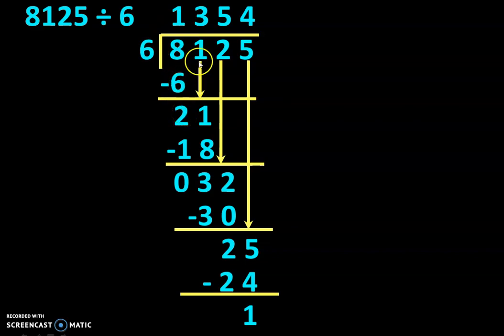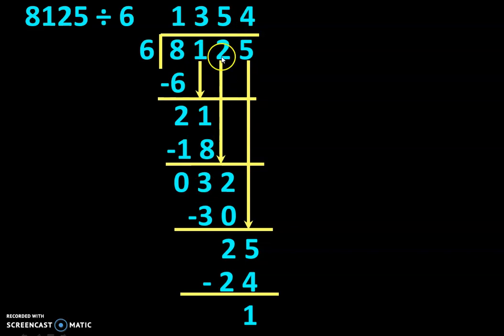I'm getting 2. For the second step, I'm taking the next number, that is 21. So I'm saying the 6 table. 6 ones are 6, 6 twos are 12, 6 threes are 18, 6 fours are 24. So 24 is going more than 21. So I am taking 6 threes are 18. And the remainder from 21 after 18, 19, 20, 21, I'm getting 3.